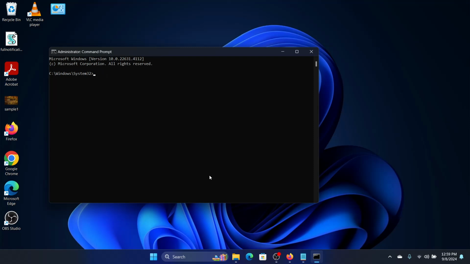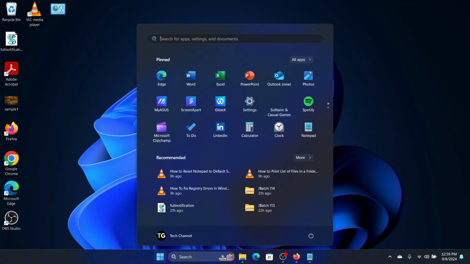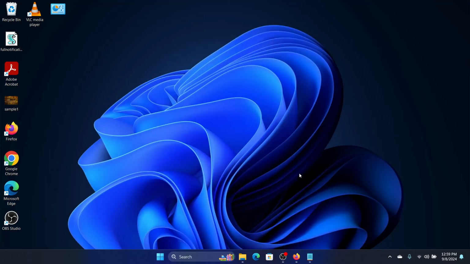Now after you run the SFC scan, you need to run the chkdsk space /F space /R and press enter. And then you press Y and you press enter and you wait for the scan to run. After that, you need to restart your computer, but before you restart your computer, one more thing